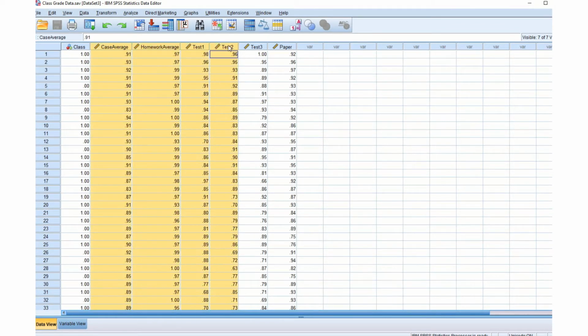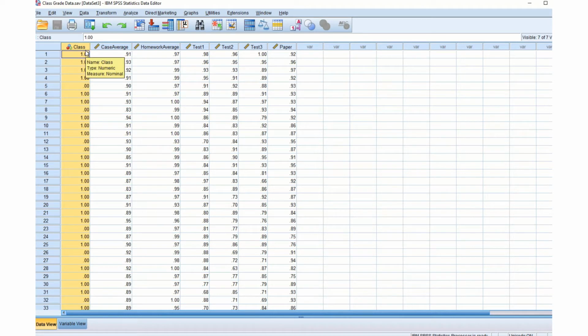These students have grades identified here by different types of grades: one is a case analysis, one is a homework average, there are 3 different tests, and then there's a paper. So these are percentages that the students received on these various items. And then what we have under the column simply labeled class is a 1 or a 0. 1 indicates that the student received either an A or a B in the course, and a 0 indicates that the student received a C or below. So these are A's and B's versus C and below